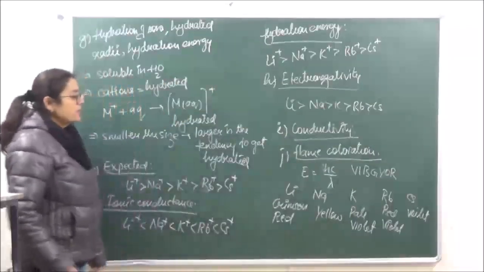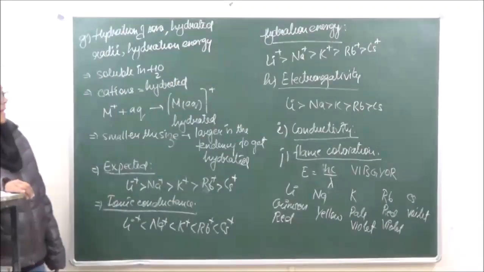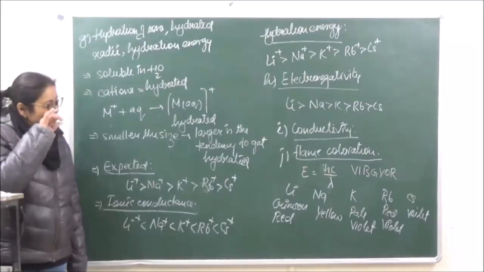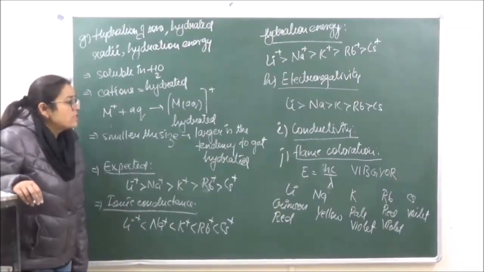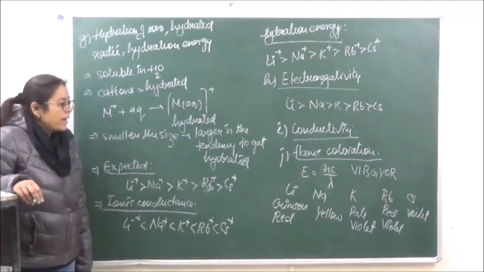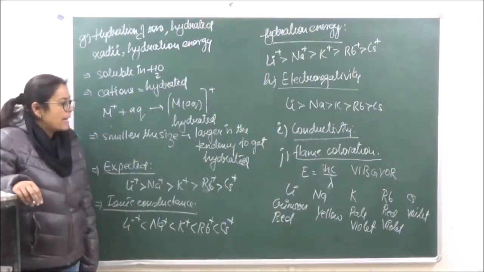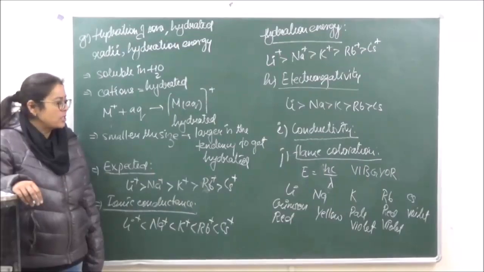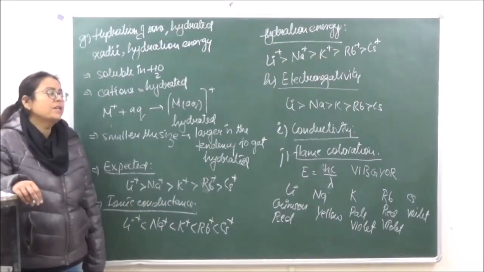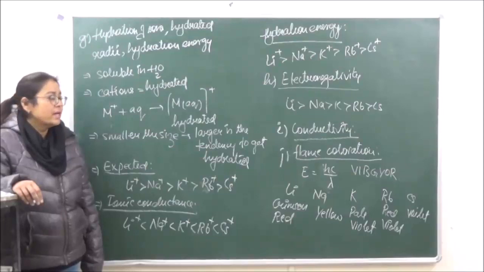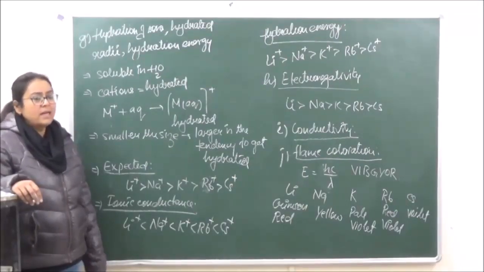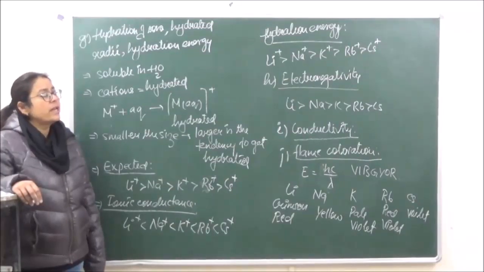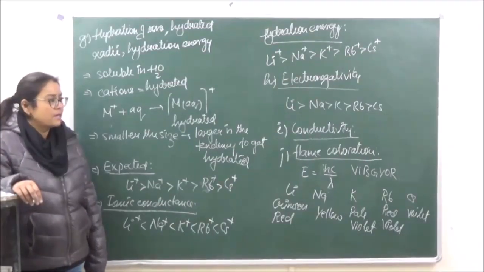So it depends upon the energy. Lithium has the highest ionization energy, so it is going to fall in the crimson red region. Okay? Whereas cesium is going to have a low value of ionization energy, therefore it is falling in the violet region. Okay, so basically it is the emission of radiation which is going to give color and not the radiation which they absorb. This we've already done, right?